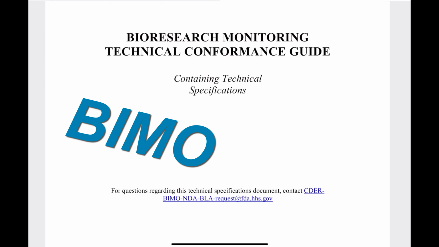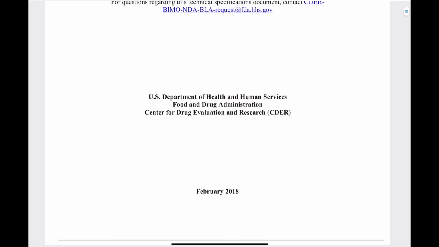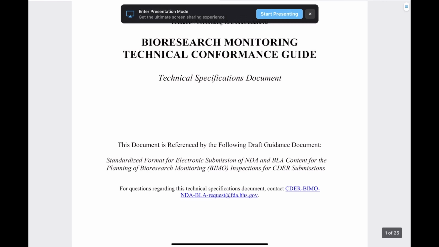Okay, let's talk about the Bioresearch Monitoring Technical Conformance Guide, or you can call it BIMO, B-I-M-O. This is one of the key submission components for clinical trials. This is the official guide from February 2018. Please note that this one is a little outdated, so for the most recent study, we should use the updated one